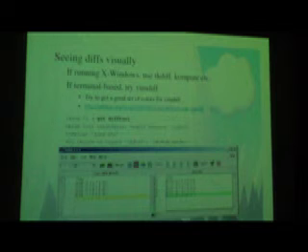Now for me, sometimes I'll work on, say, a staging server or even a production server, and your production server would not have X Windows or anything like that. But if you still want to use a nice diff tool, I would recommend using VimDiff. Unfortunately, with VimDiff the diff colors don't look very good out of the box, so if you want to see a nice visual representation of the difference,